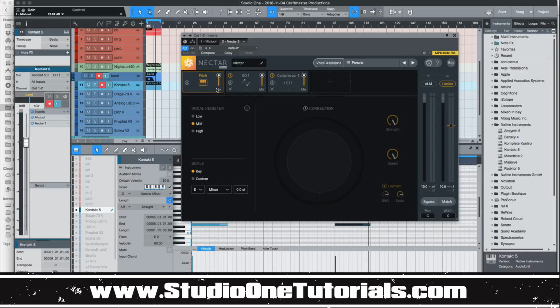So what we'll do is run into Nectar, and when you pull it up stock, they'll have the pitch and the EQ set for you. I know this loop because it's tagged. It's in D minor, and just like Auto-Tune, you set this up. This is a mid vocal, and then just click correction to engage it. I've turned the strength all the way up because I want this to have the strength and the speed. This is like your retune speed. In Auto-Tune, the speed to the left is going to be more natural, and speed to the right is going to be more robotic. And then they have this cool formant filter, so we can mess around with that. But now when we play this,